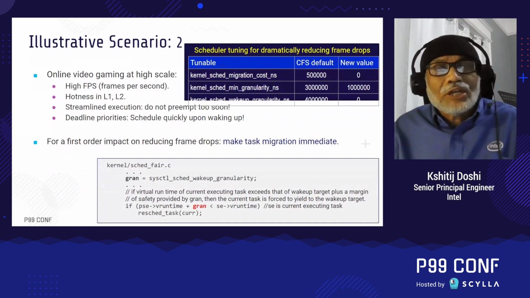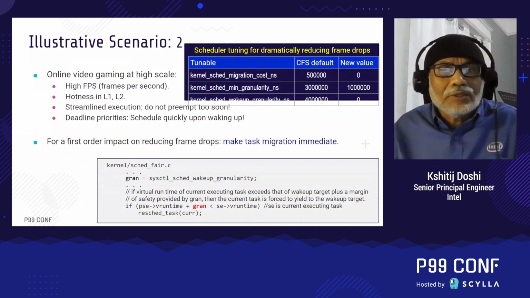Now, that is not an absolute one. So, if a thread got woken up, but the thread that was running currently had not yet built up enough runtime, then it wouldn't get preempted, but otherwise it would get preempted fairly aggressively. And the code snippet below explains this from the thread scheduler in the operating system.